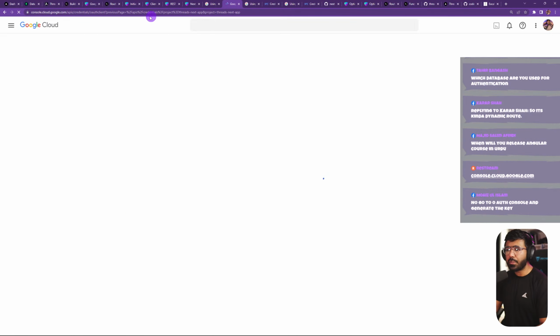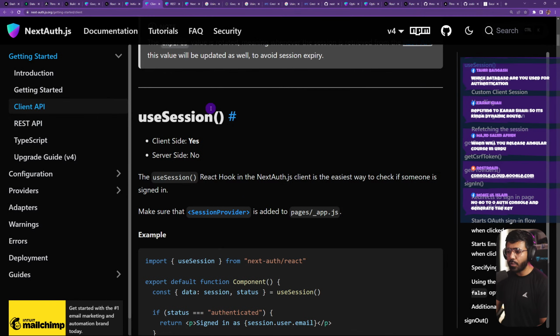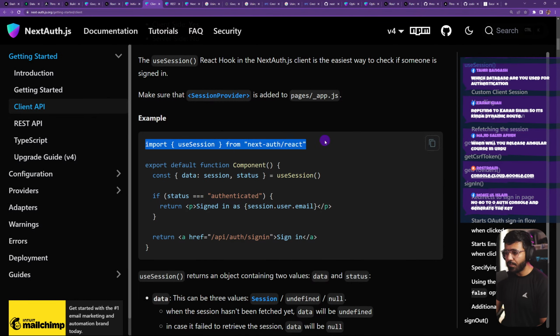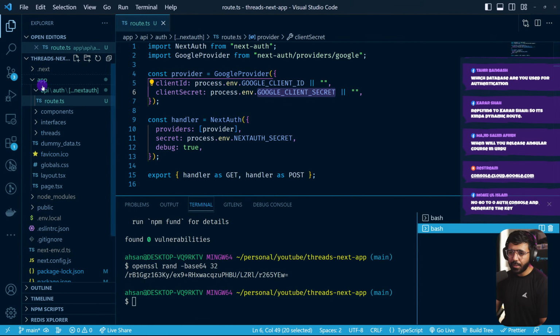So now going back to the client side, so this is on the front end. I need to use the useSession from NextAuth React, and then I should be able to get the session, and then I can also work with that. So now if I go to my application and if I go to my home page,